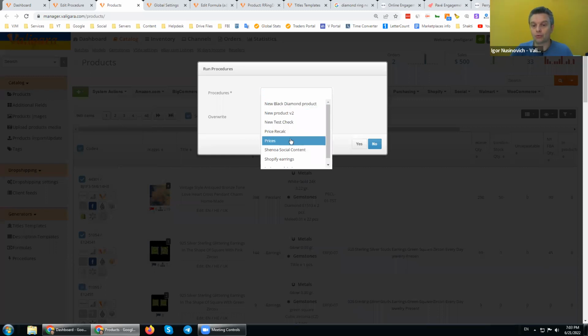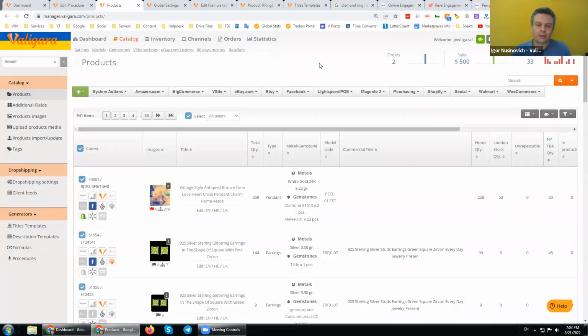So I want to run the prices procedure and recalculate all the prices. But wait, I have different formulas for different products. How can I run all this together?